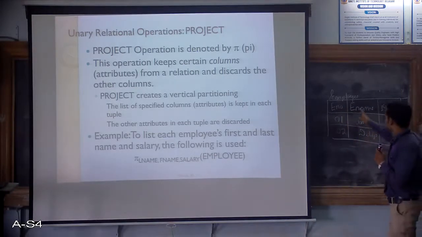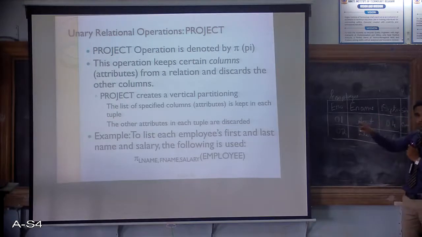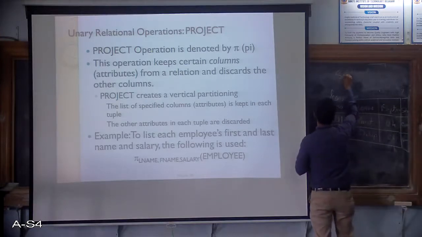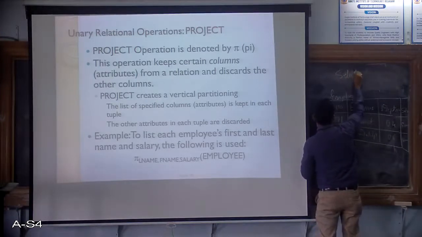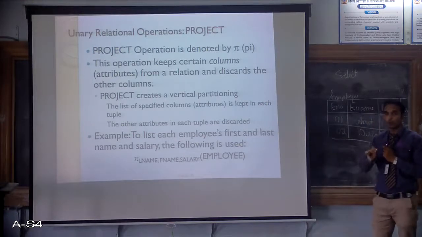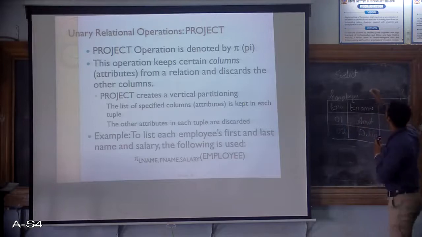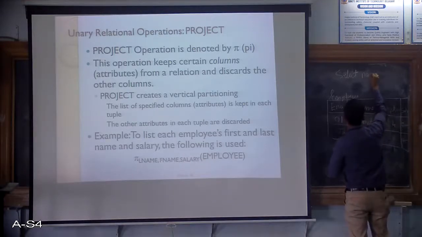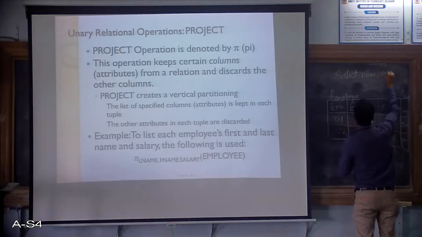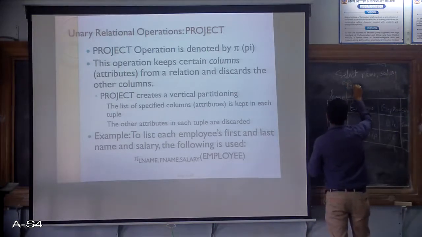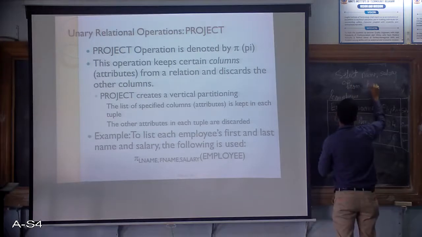So see here, for example, in this table, I want to display only employee name and salary. So how would my SQL query be? Yes, select. Now star will select all the attributes. Now I don't want all the attributes. I want only a few attributes, which are name and salary. So select name, comma salary from employee.